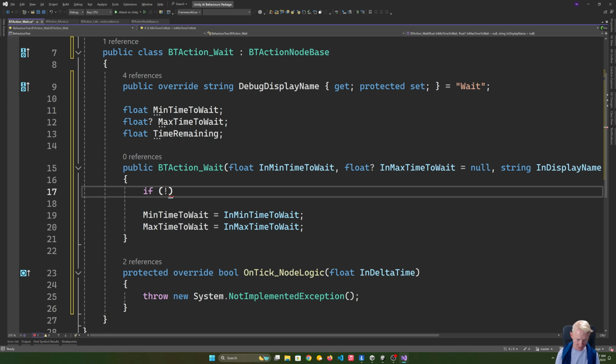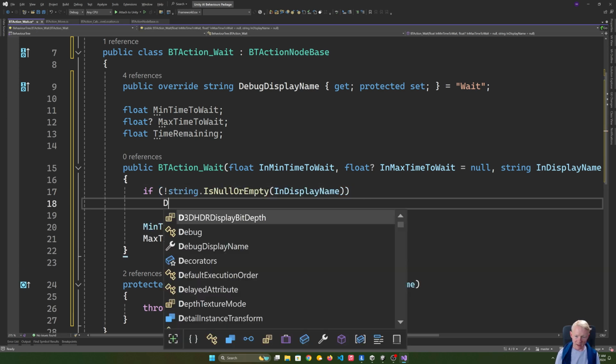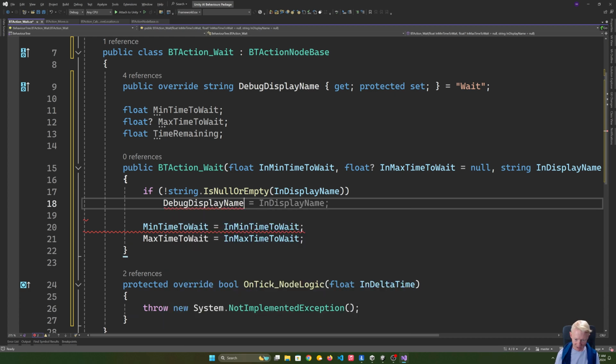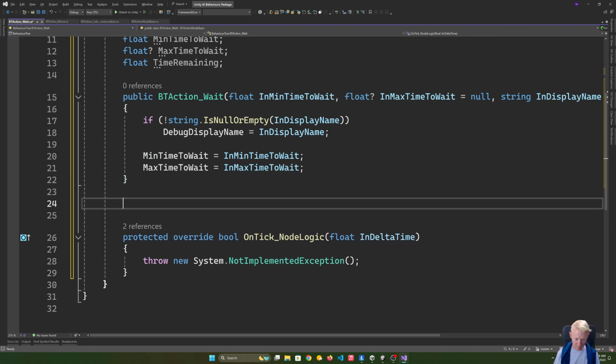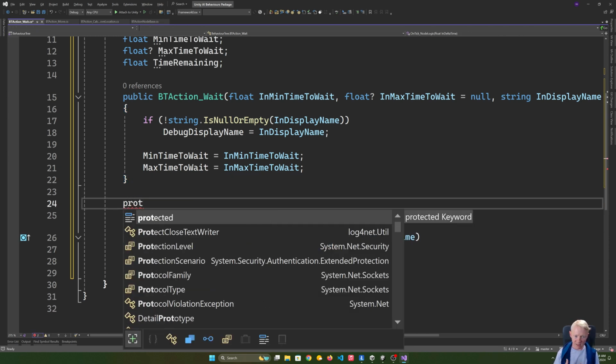And then we do our usual check for that, and setting our debug display name like that. So that's good. So pretty straightforward. Now what we want to do is we want to have our cooldown time, but I need to actually initialize